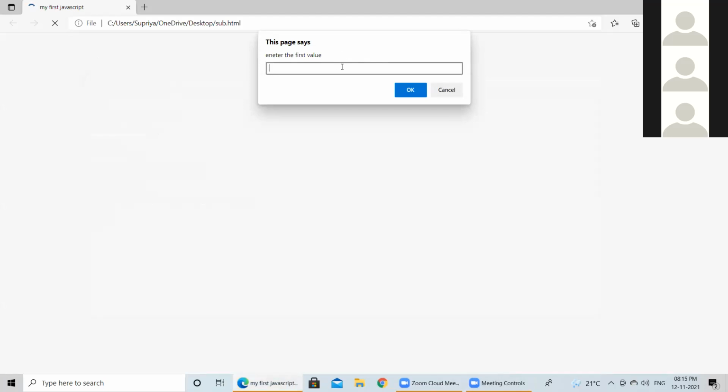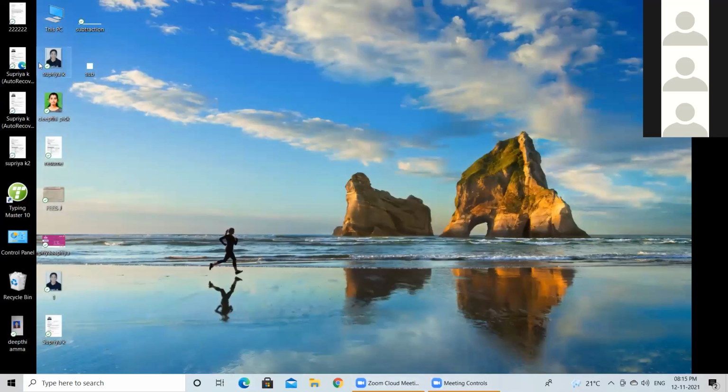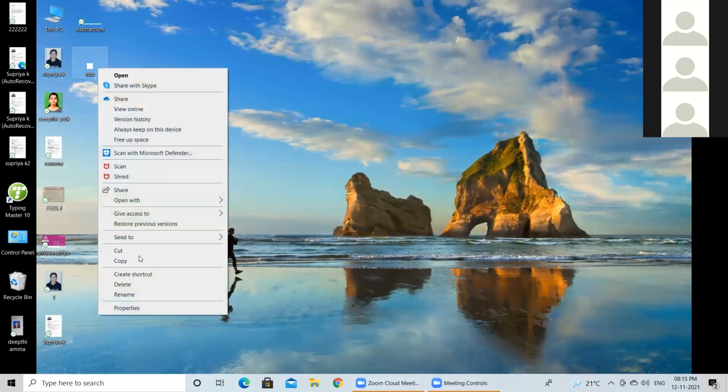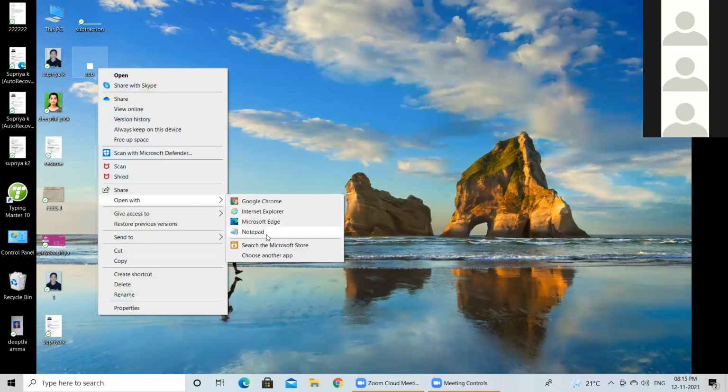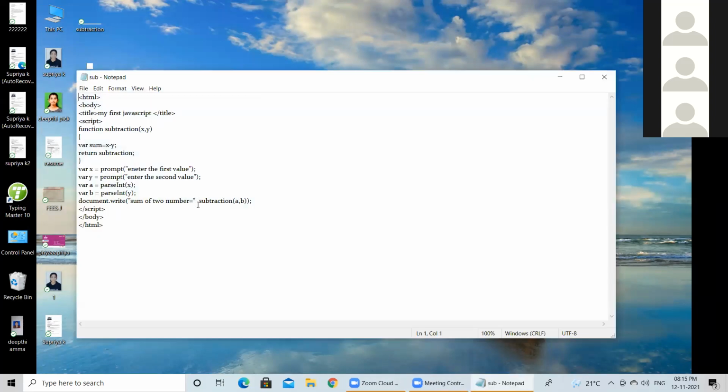Sorry, not comma, plus. Just like in Java, it will give an error. You go to the code, remove that comma, plus you have to add there. Remove comma plus, because this function is going to be called and write down the value. So plus you add it there. Sir, it is a subtraction, right, sir? Why do you want to write the plus? Subtraction is a function name. The plus operator is going to print the value of subtraction there.